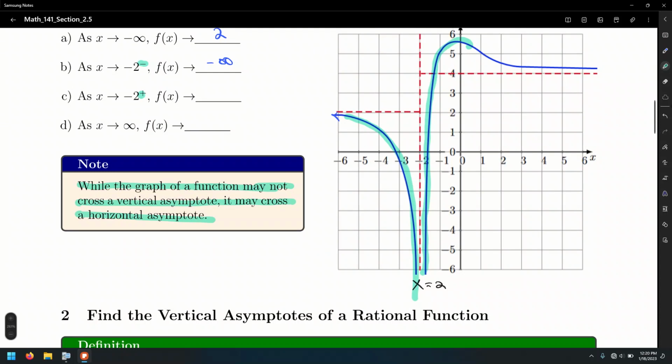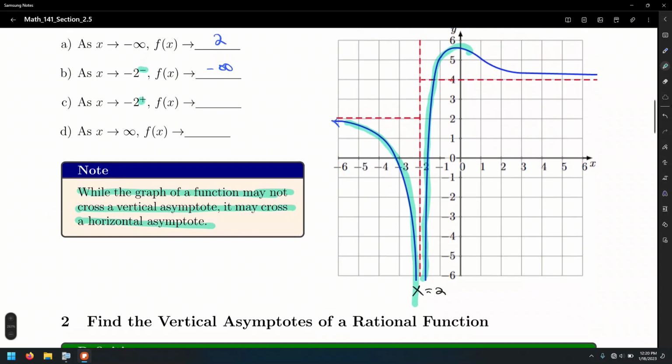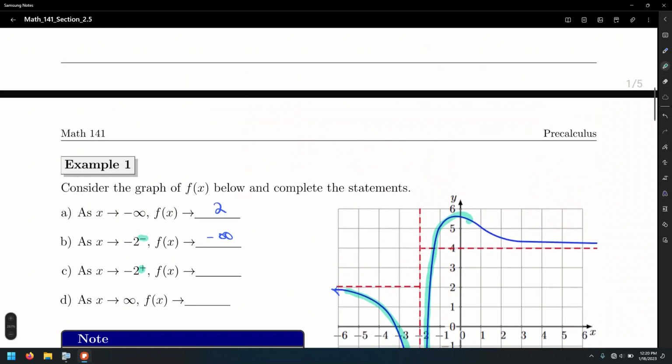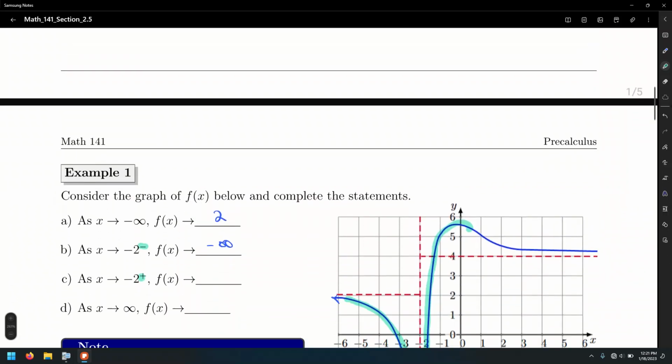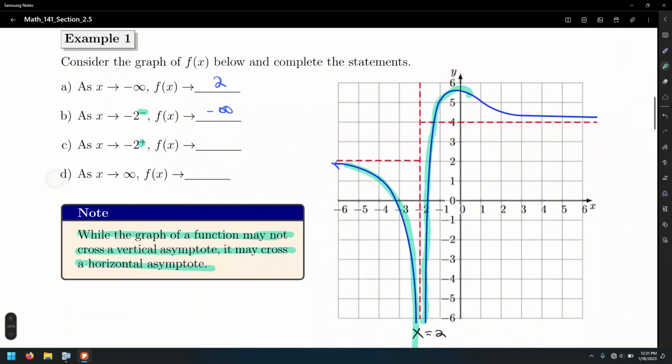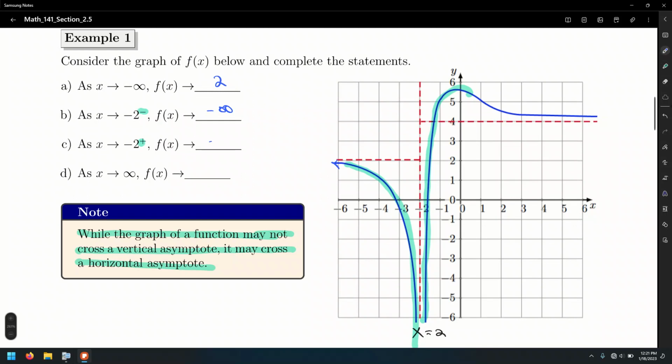This is something very, very important to keep in mind later when you take Calculus 1 when studying limits. In this case, we would say that the limit exists because from either side the values are coincident, and in this case, the limit would not exist because they're going in different directions. But again, you will go more in depth next semester in Calc 2. So again, that's a negative infinity, and in this case, for large values of x,